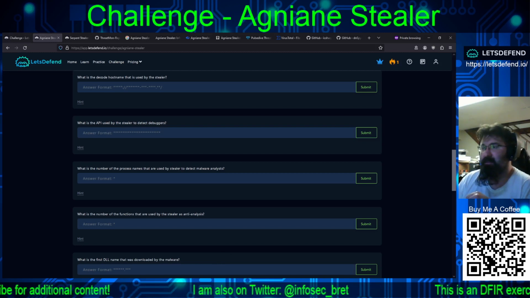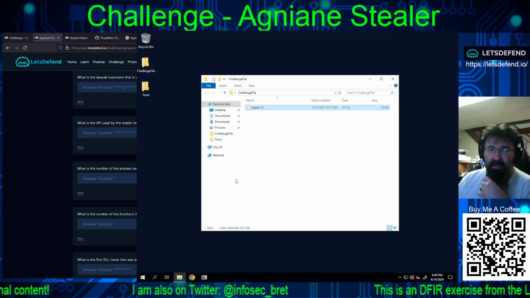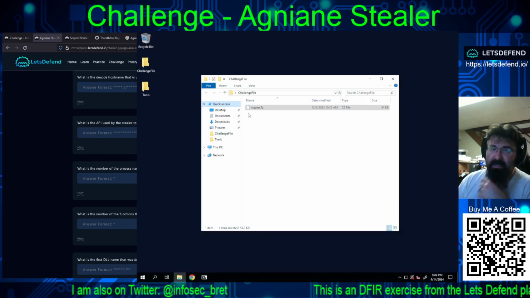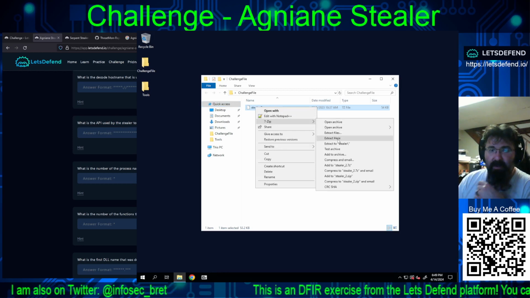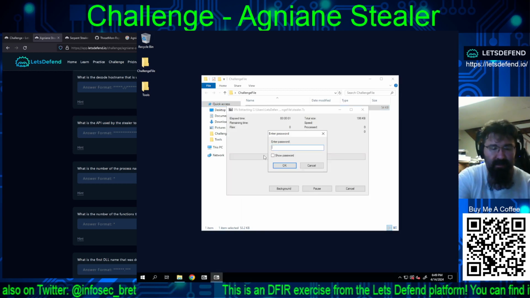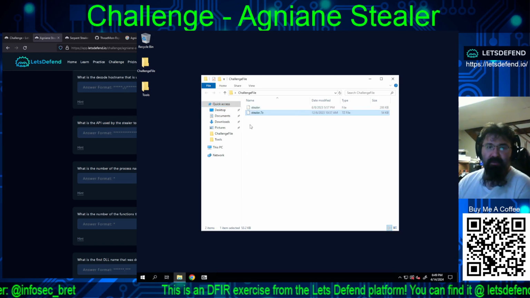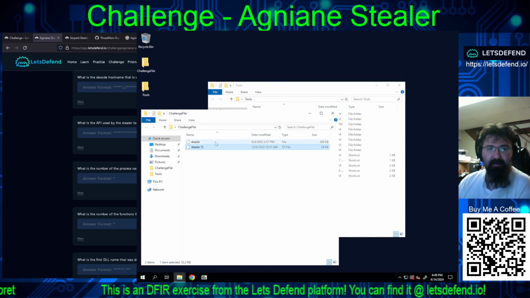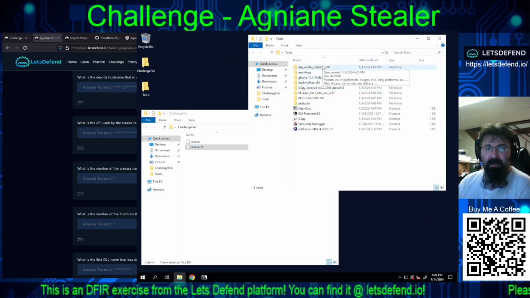So let me get the window capture brought up. So much in the same aspect. We've got challenge file folder on the desktop and then stealer.7zip. And we can just run through extract here. Standard password of infected that is used on the platform, and bing bang boom, we got Stealer. So let's go ahead and